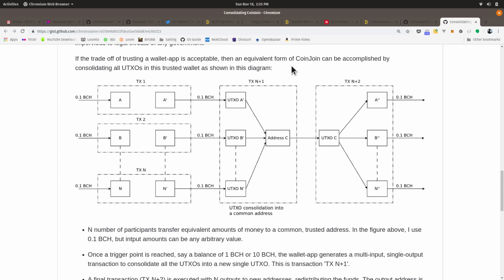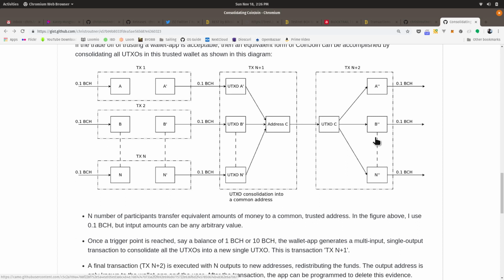But what I want you to focus on is these two transactions, TX N+1 and TX N+2. TX N+1 is where all the input addresses get merged into a single UTXO, and then TX N+2 is where the UTXO expands and the money gets redistributed back to the users. This is what anonymizes it, because once they get consolidated, there's no way to know what inputs belong to what outputs.